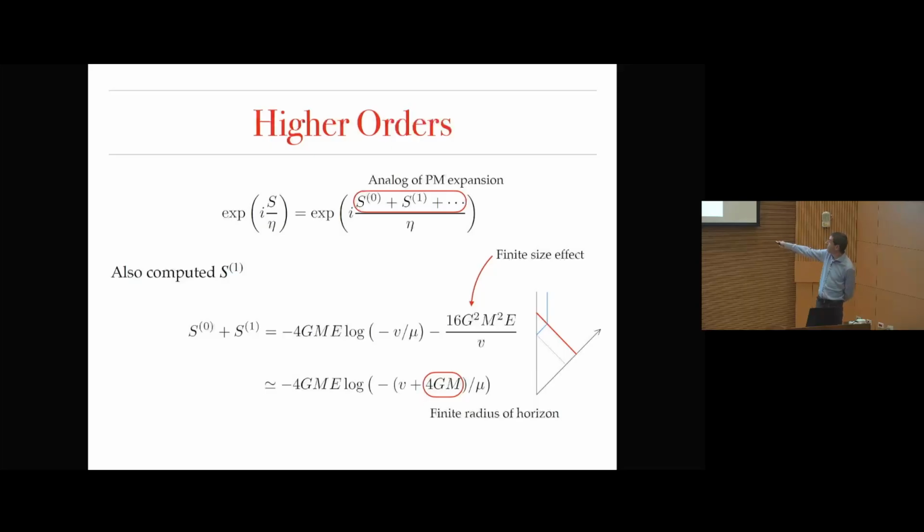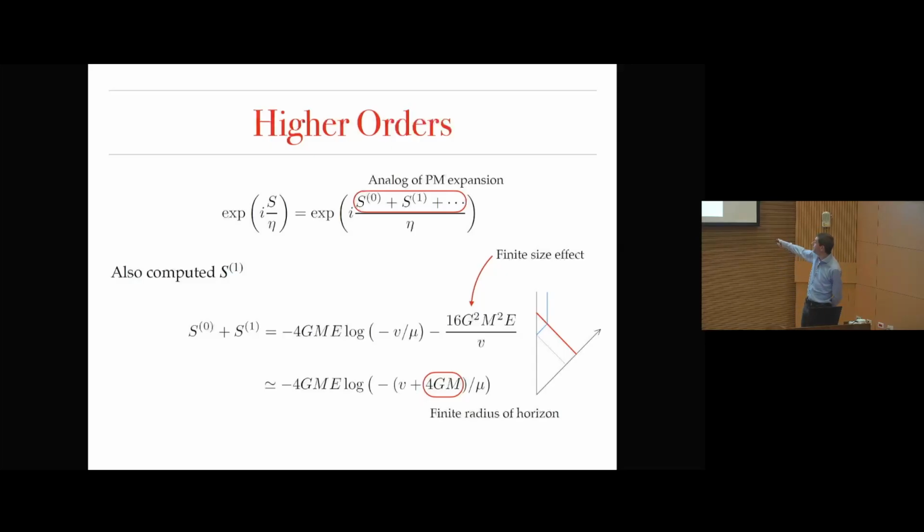So at one level, you might think, of course, the structure of the series is very simple, right? It just resums. You've got a finite range of convergence here. It's a luxurious situation. So now, indeed, if you expand in this GM over V, there's going to be this tower of corrections, and you can just go ahead and compute them. And if you want to be very safe, you can just always work in this region where V is large compared to 4GM.